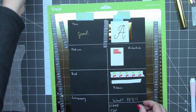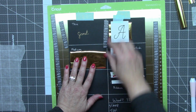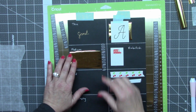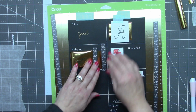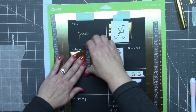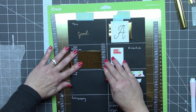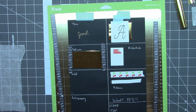So I'm interested now to see what the medium and bold is going to look like. So I've got a little bigger piece here. These are all just leftover pieces of foil, basically. So I've got all kinds of different sizes here. And this is how you handle this magnetic piece, is you can start at one end and pull it all the way, and so then you have a tight result. So let's move on. I'm going to get rid of that fine and go to medium,